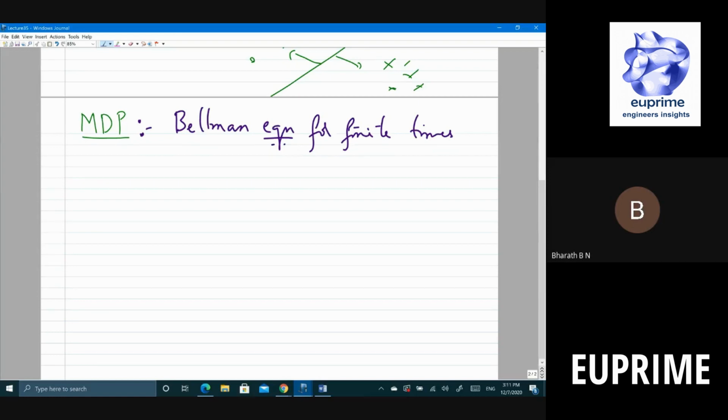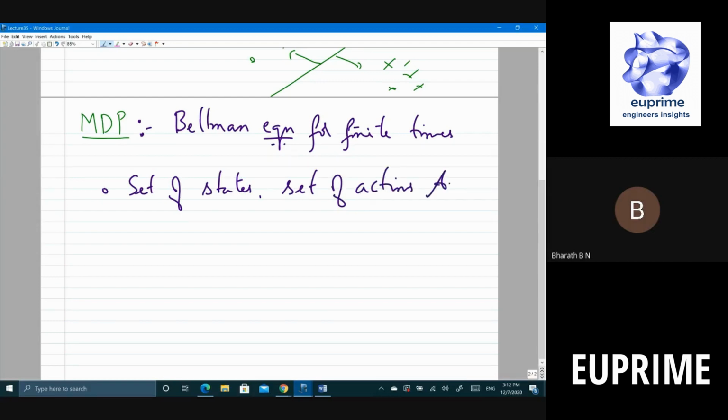What is it that we are going to do? Let me make it slightly more formal now. I think you might have seen some of these, but it's slightly more formal. So now, as usual, you have these things: a set of states, typically finite, and a set of actions.